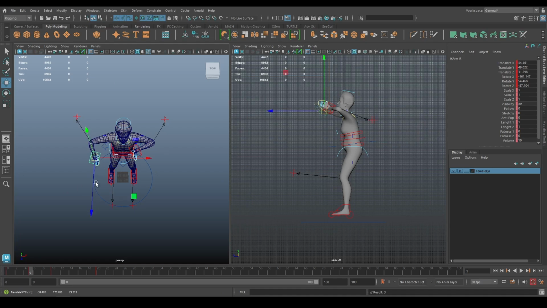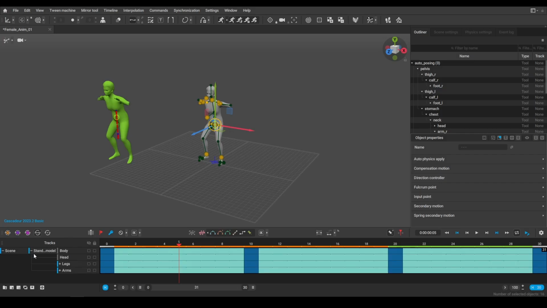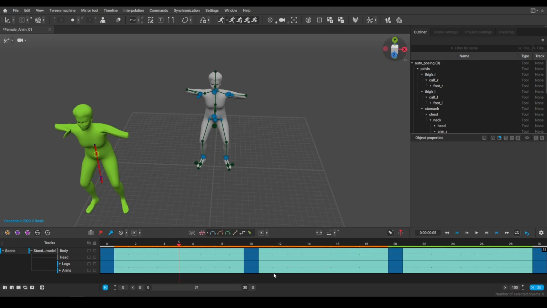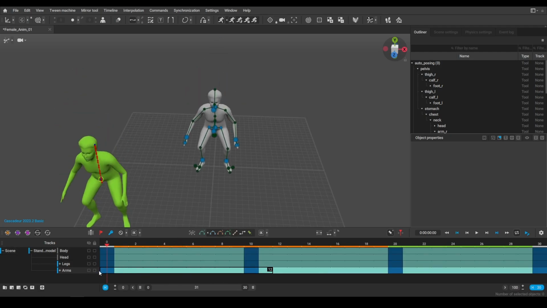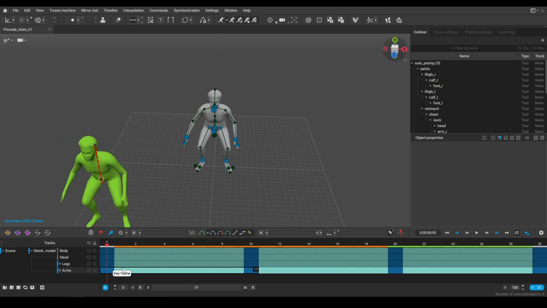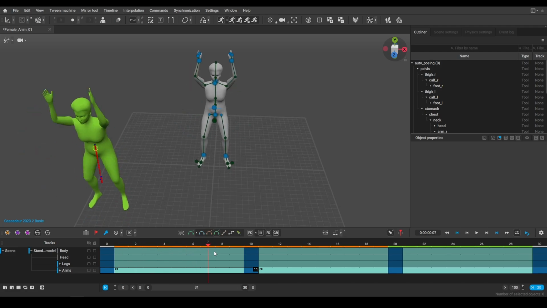To do that manually I had to set the key for the IK, but here I can go to the tracks, find the arm, and select the exact keys, means the hand part, the arm. I'm going to select the arm keys by dragging with the left mouse button, and switch the IK to FK here. Now you can see without adding any keys,